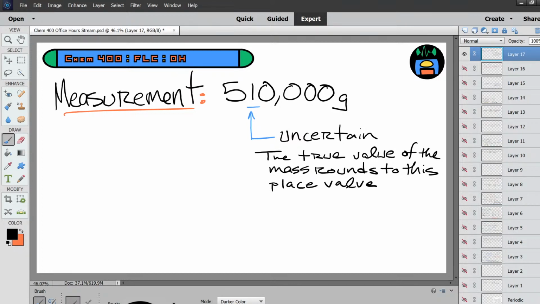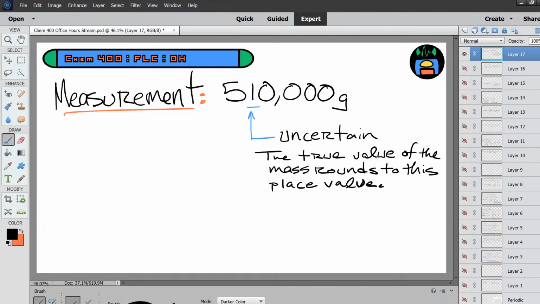Whatever object was measured that has a mass of 510,000 grams was measured on a device that could only read to the 10,000s. That means it's not that there are absolutely 4 zeros following that one, but what it does mean is the device wasn't precise enough to be able to tell any variation after that place value,